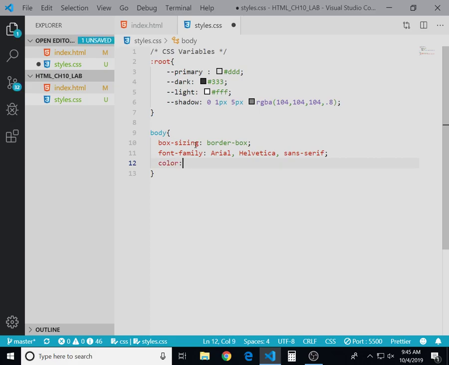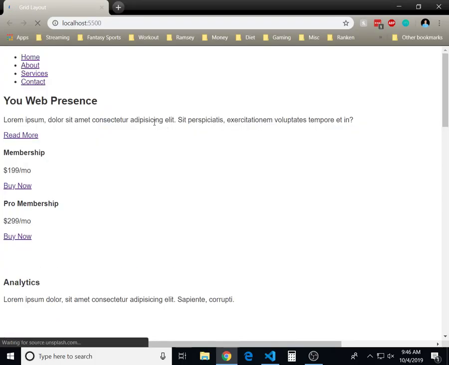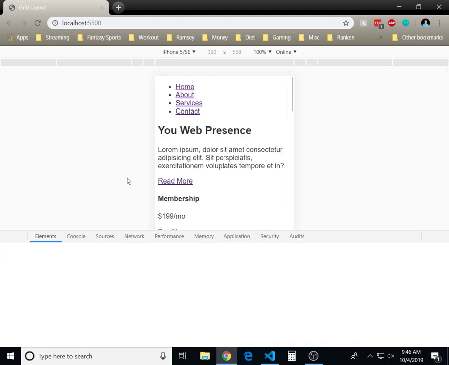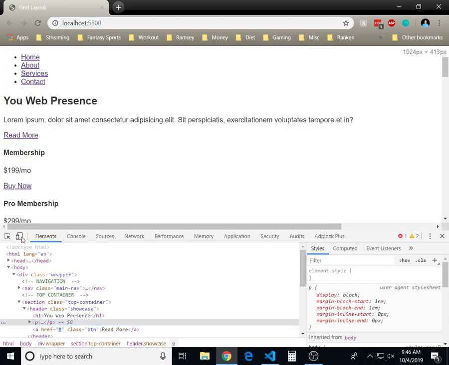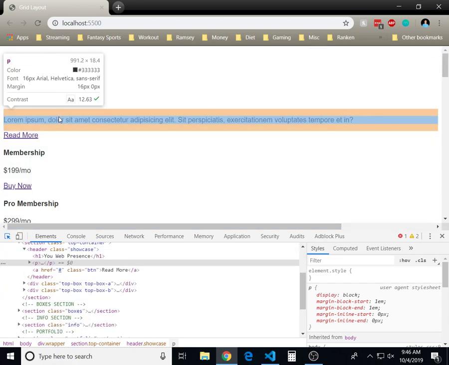And right away, we'll do the color. So this is the text color of dark. And so just to test, we're using this new variable. Let's see how this looks. If I inspect, get it out of mobile view here, and I put this on the body,